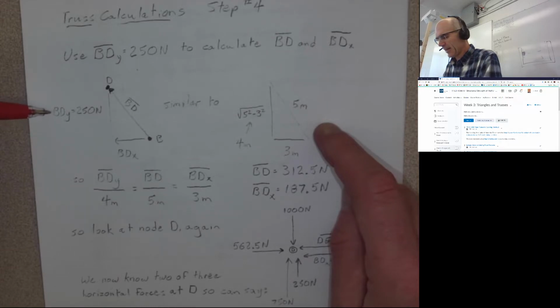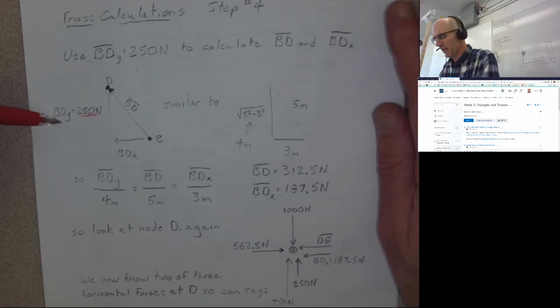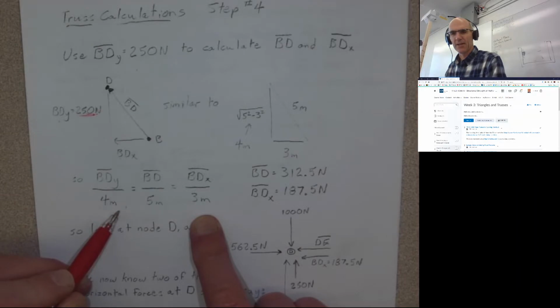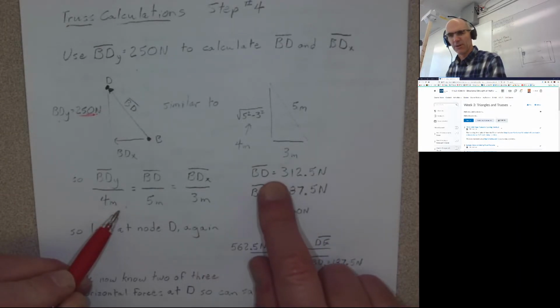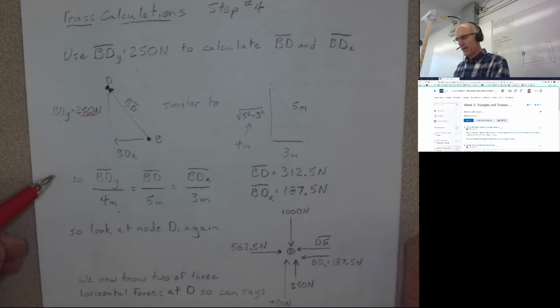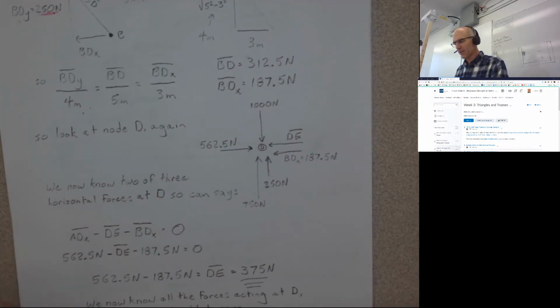And then over here, we know that the force of BD pushing upwards had to equal 250 newtons because we just calculated what BD's Y component was going to be. And now we can use our proportions and ratios to calculate what our total BD value is going to be and our horizontal component BDX is going to be. Okay, so now we can go back to that node D and we can start putting some of these numbers